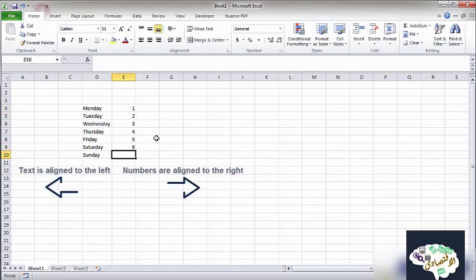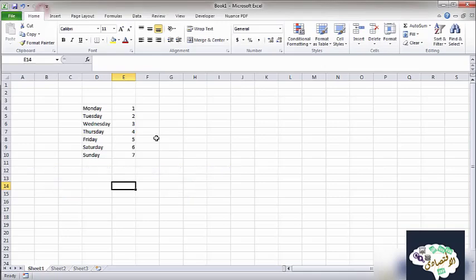You can see that Excel aligns text to the left and numbers to the right. This allows us to understand how Excel reads the data that we've entered. Let's type another number below our column, for example, 8. It is quite possible that sometimes when you start modifying a cell, you will change your mind